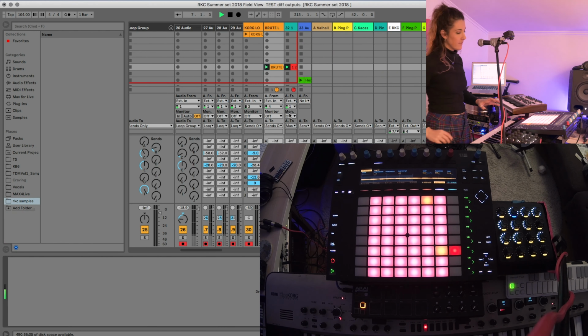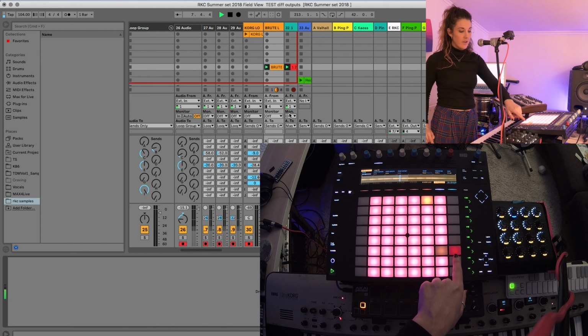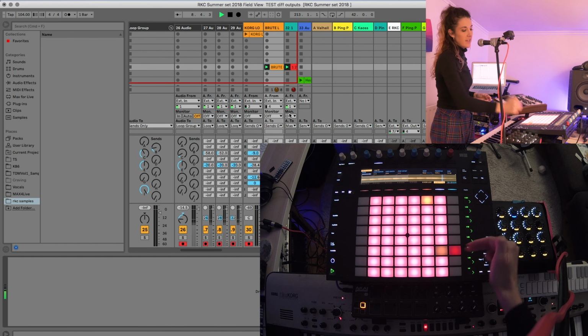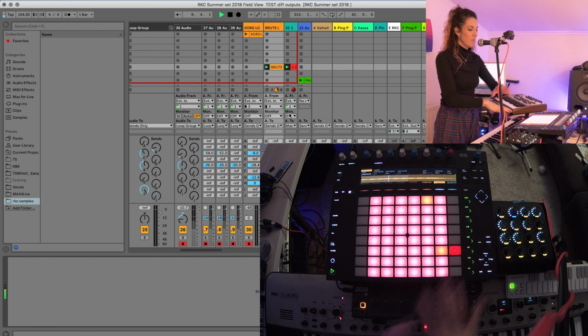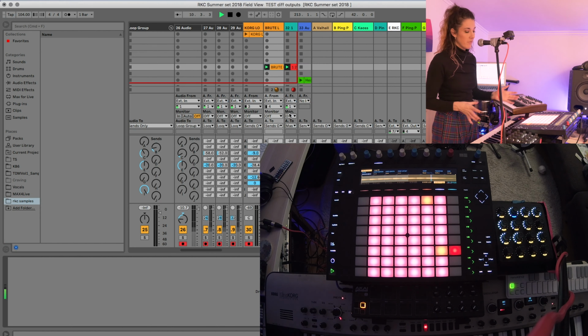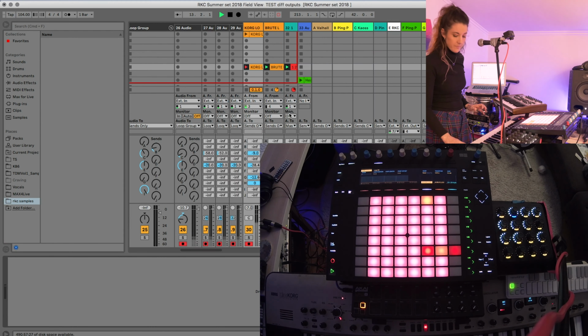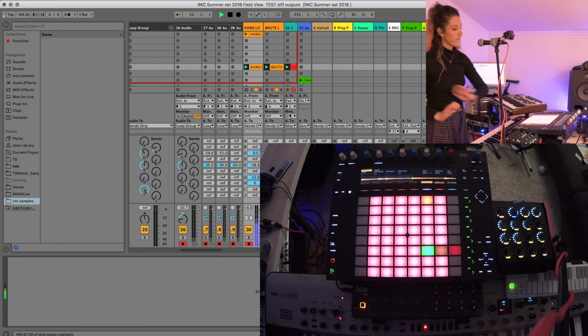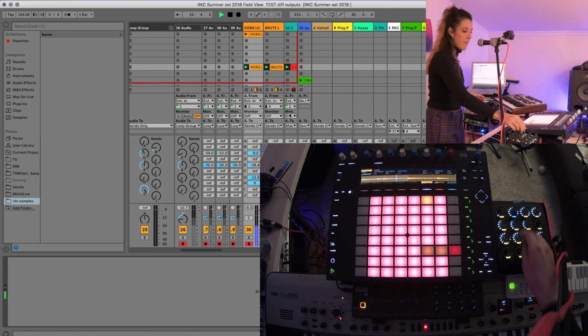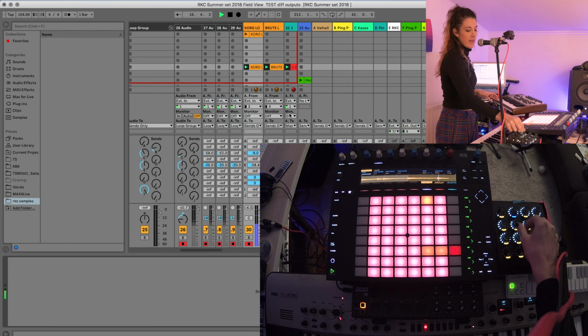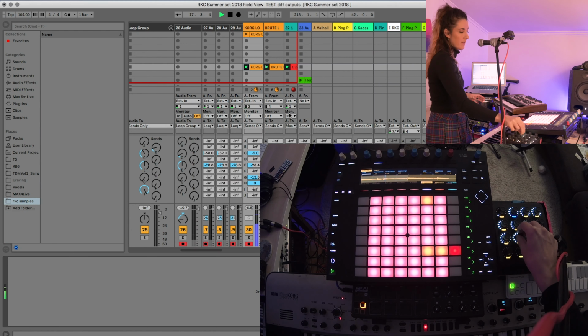So we loop the bass. And this little red one here is just an empty clip to show me which scene to loop on, because obviously with this whole load of pink it gets a bit confusing. And then I'm going to change the sound on my Korg, get a little synth going. And then I can play with the effects on there.